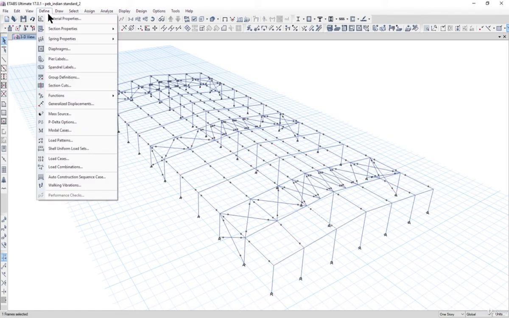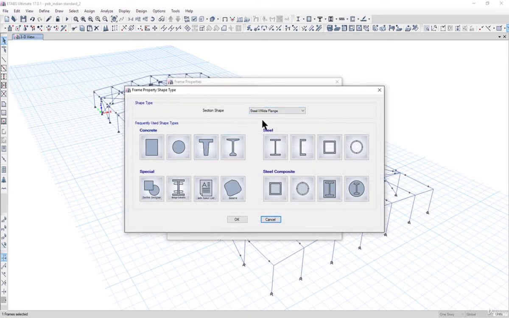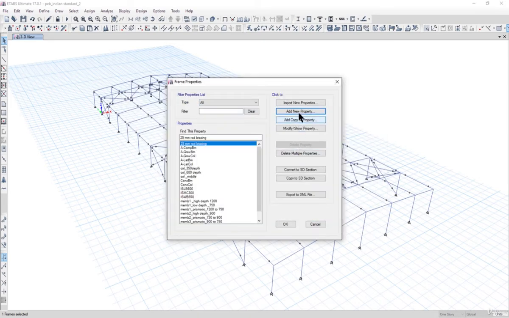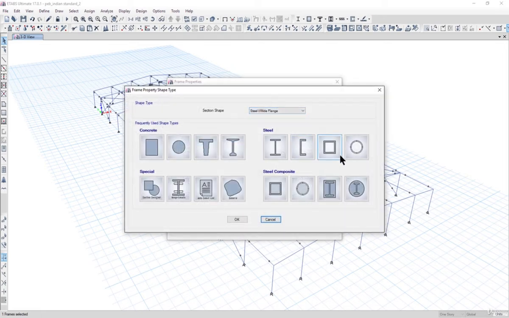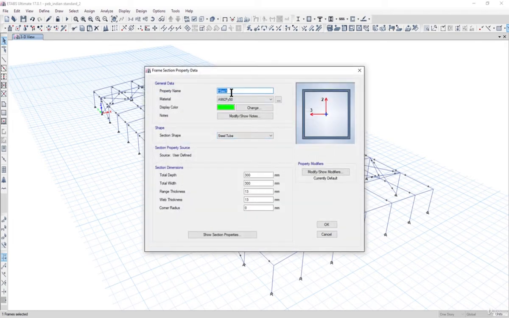First of all, we need to go to section properties and frame sections. Here we need to replace the 25 mm rod bracing with a box section. So we left click on add new property. We can left click here, that is box tube section. Boxes are sections having very good lateral torsional buckling strength.